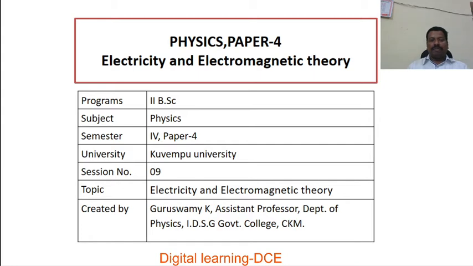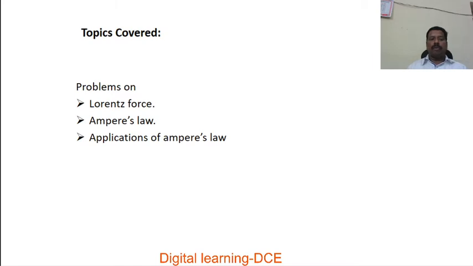In this session, I am going to discuss some solved problems on electromagnetism. This is my ninth lecture connected with electromagnetism. This chapter belongs to the program 2nd BSc Physics, 4th semester, paper 4. The title of the paper is Electricity and Electromagnetic Theory. In this session, I am going to concentrate upon some solved problems on Lorentz force, Ampere's law, applications of